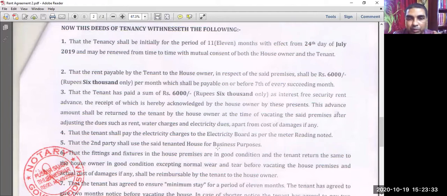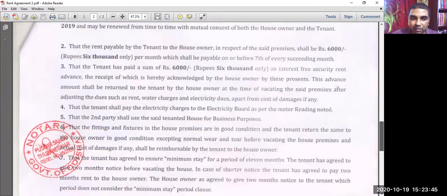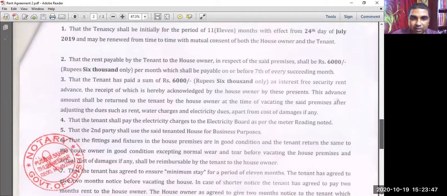Can any one of you respond? Is it visible? Yes, sir, it is. Are you able to read that this is for business purpose? Yes, sir, the fifth point. Okay, please, you may unmute your speakers and participate in the discussion.